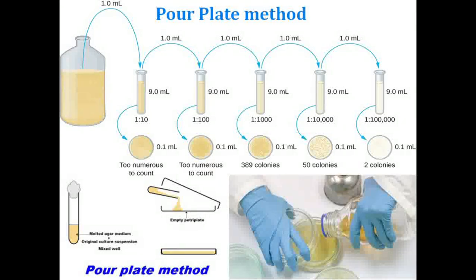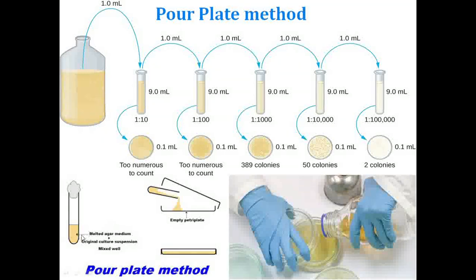This swirling will distribute our colonies or cells which are present in this broth culture, right? And shaking is also mandatory before swirling it. So shake it well so that the dispersion of your cells will happen, right? After that you directly pour here and you will gain a petri plate with the cell colonies after incubation, right? Here you can see that the colonies which are going to form, some will be in the embedded form and some will be at the surface.